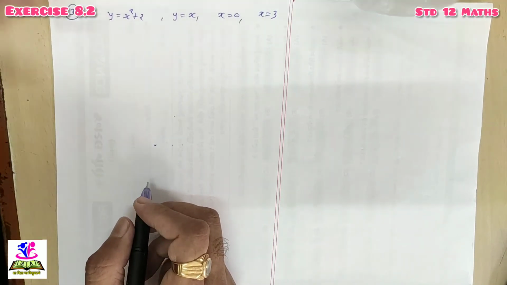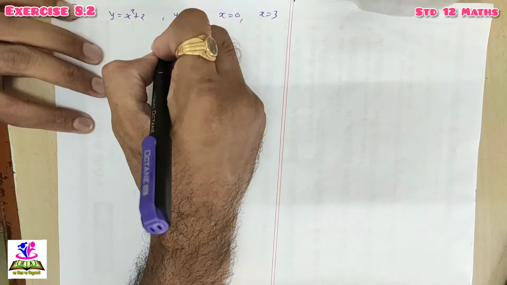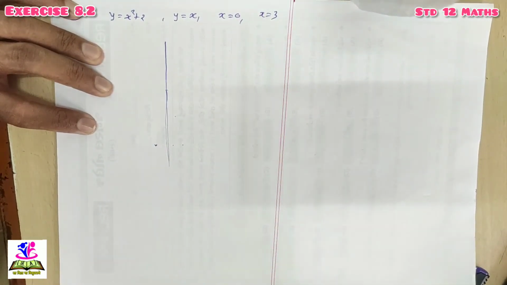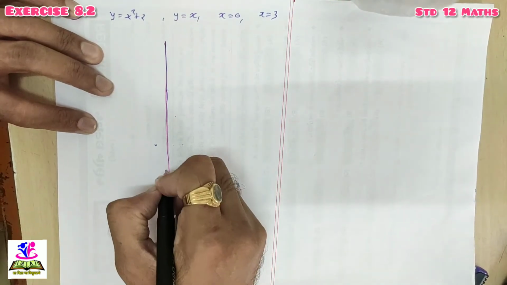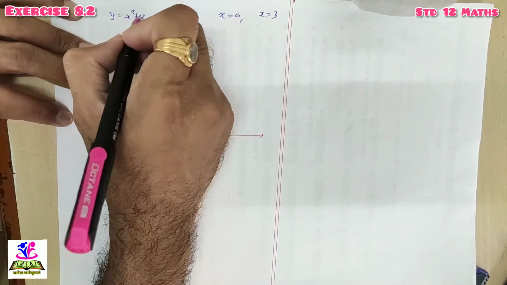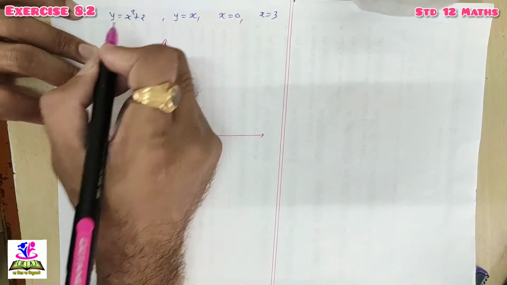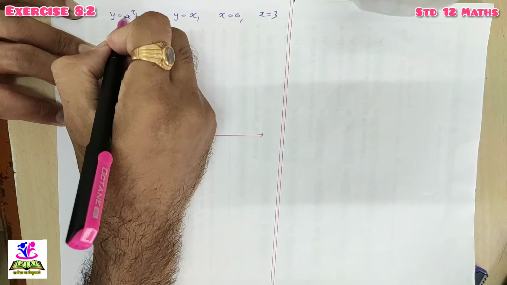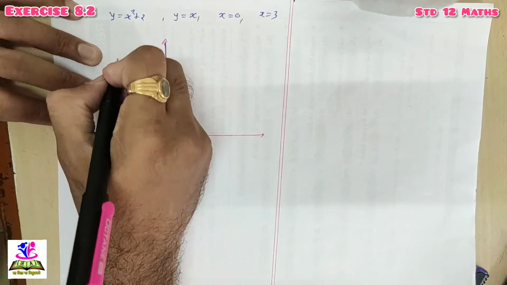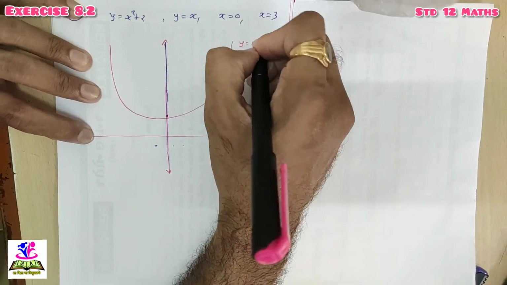Done. Look at this curve, this parabola y equal to x square plus 2. How will we draw it? This is y equal to x square plus 2. For positive or negative values of x, y will be positive, since it is x square plus 2. If we put x equal to 0, we get y equal to 2. So the parabola's vertex will lie somewhere over here. So this is the graph of the given parabola, y equal to x square plus 2.